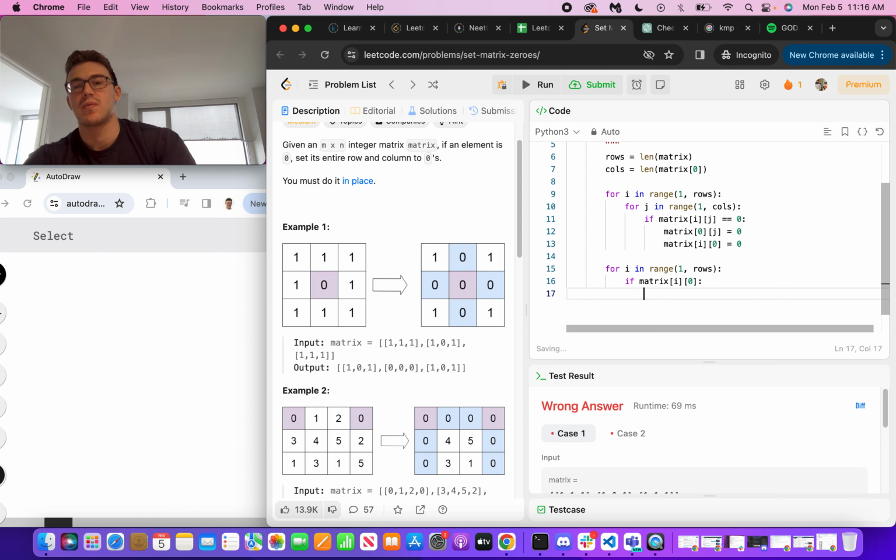We're just giving that first one information. If matrix of I, 0 equals 0, then we're going to go ahead and set that whole row to 0, right? So then matrix